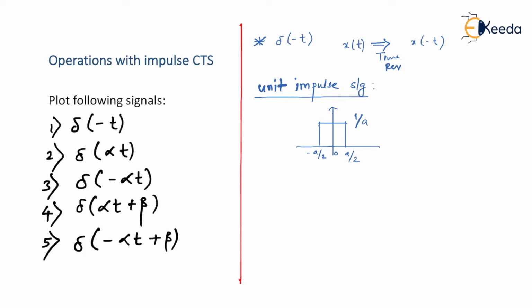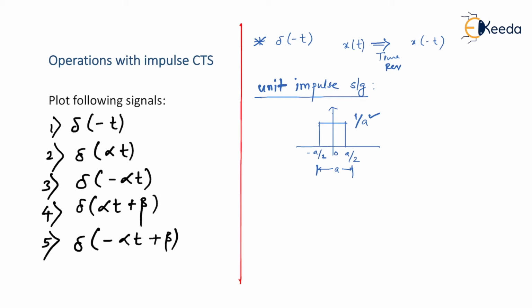We know that it is an impulse with area equal to 1, and that's the reason why it is called a unit impulse signal. And how do we get the area? It's very simple, length into breadth formula. As you can see, the length is 1 by a, and the breadth is simply a. Is that right? And therefore, as you can see, area equal to 1, and this is what we call a practical unit impulse signal, having area equal to 1.